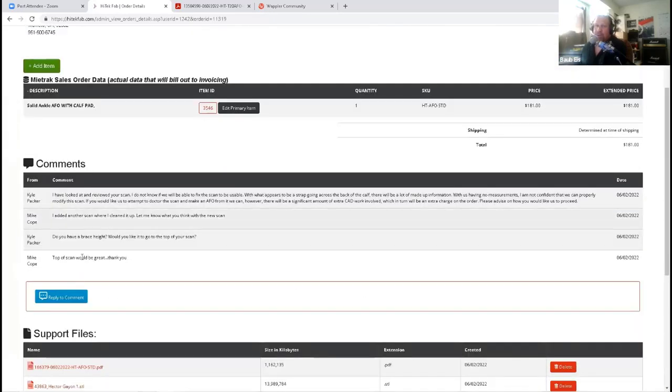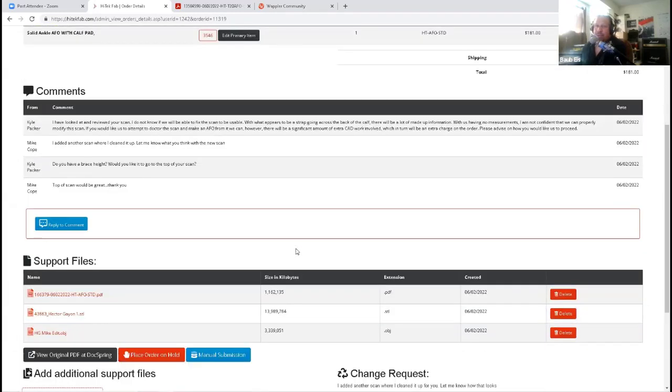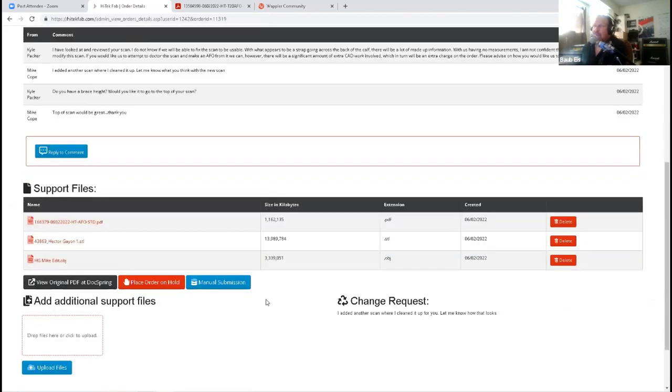Yeah, see, here's where we got some comments going on between the practitioner and the manufacturing guys, and then down here are the files to actually create it, because of the scan. Before they were doing a funky thing where they were putting them to Dropbox, and it was this whole procedure. And so now those actually get uploaded to our site on our side.